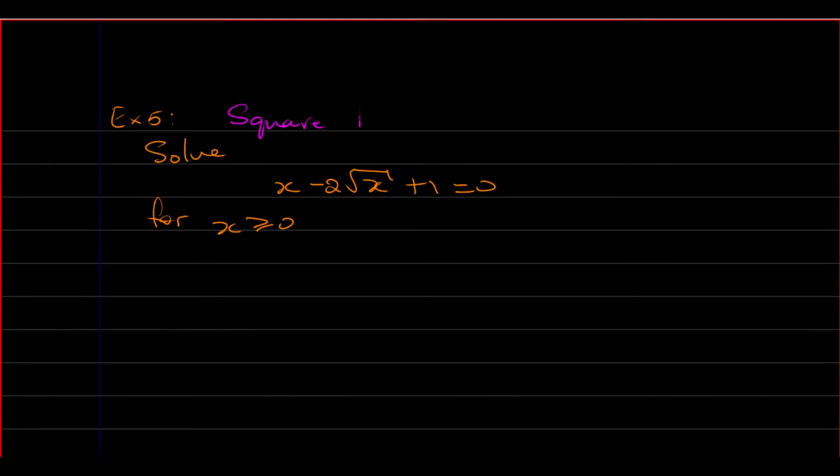And then the next one that you can come across: solve x minus 2 root x plus 1 equals 0 for x greater than or equal to 0, right? This one is a square root form. Just write that out. Square root form. Right? This one is a square root form. And it's easy to rewrite this as well, as long as you get a little bit of practice and you do some indices. We can say given